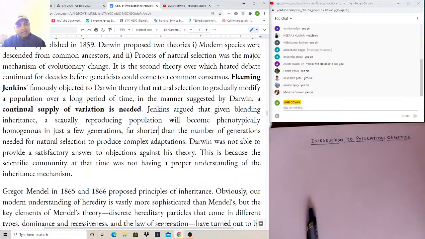Then Jenkin argued that, given blending inheritance, which was the basic concept before that period, a sexually reproducing population will become phenotypically homogeneous in a few